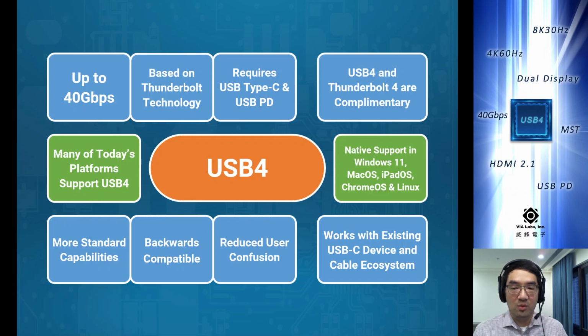And we've already seen really broad industry support for USB 4. All of Intel's Alder Lake and Tiger Lake mainstream platforms have USB 4 baked in, and that's been the case since around 2019. Late 2019. And Apple, with their M1 silicon, also brought USB 4 support to most of the Mac lineup and the iPad Pro. On the Chromebook side, there are actually several USB 4 enabled Chromebooks today, so it's also a very exciting development.